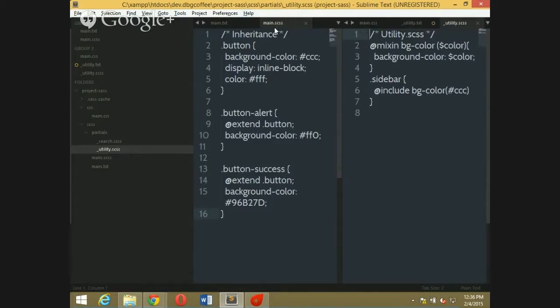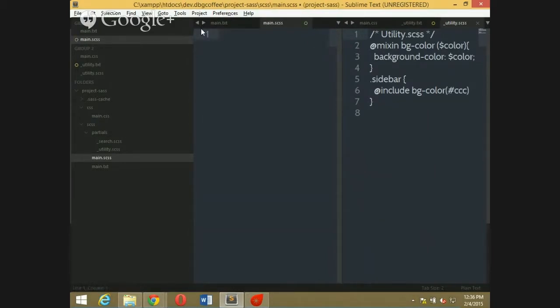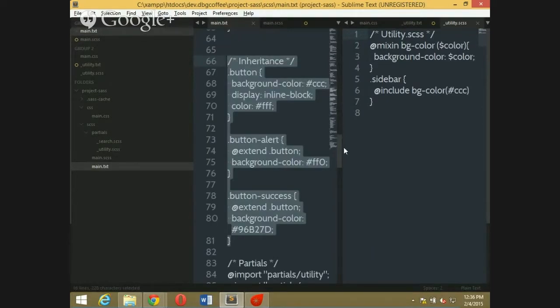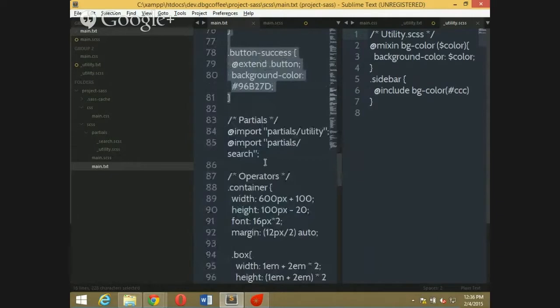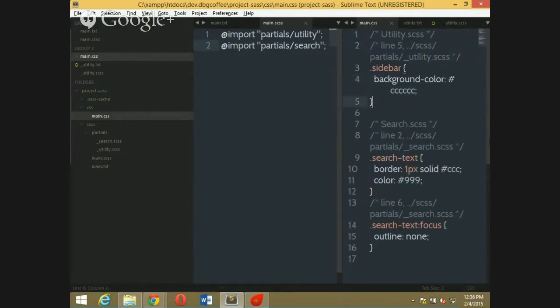And what we actually do is include this partial file inside the main CSS file like this. I will use a keyword called @import.